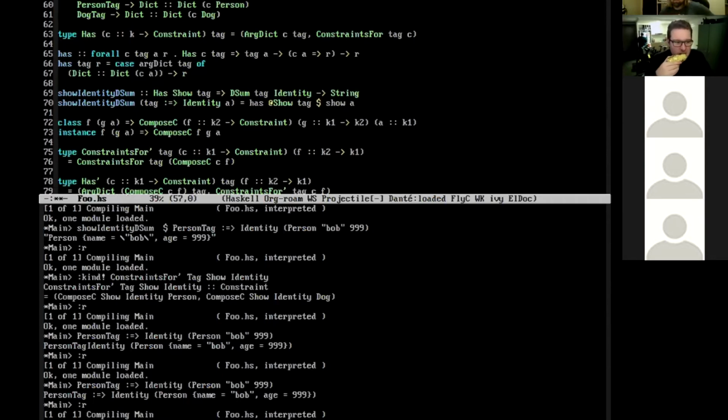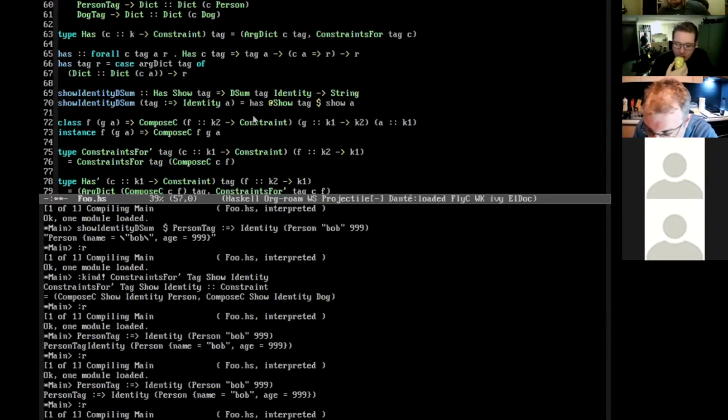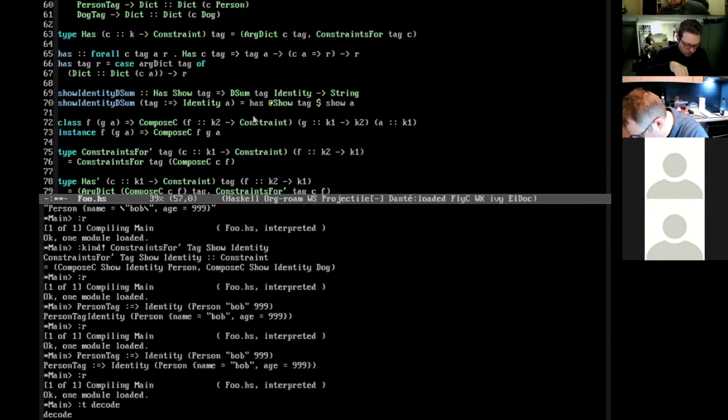Agreed. Can you show an example of what it looks like when it fails to decode? Does it just give you nothing, or do you get where you had a failure there? Can you get a little bit more information out of that? Is it decode either, or is it either decode? I always forget.